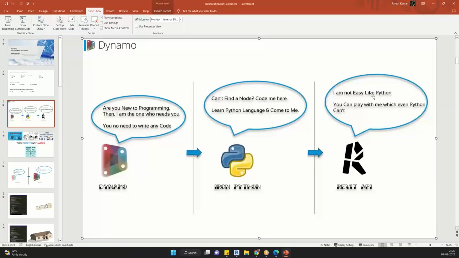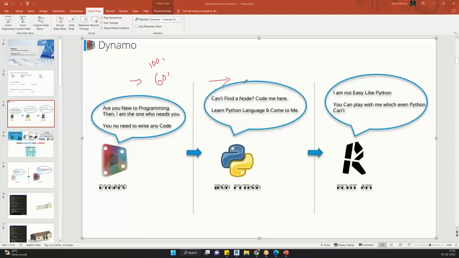So this is the main thing. Revit Python is not easy, but with it you can play with things that even Dynamo can't. What is the statement in the sense? With Dynamo, you can do up to 60% of workflows. When you are a beginner, you can expect 100%. But after having some experience, you will realize by yourself, I am not able to get this, I couldn't find that node. So who will help me out? No one can help you. You have to sit and write